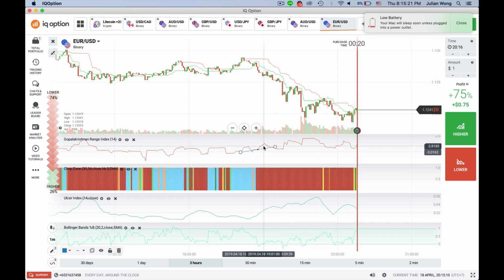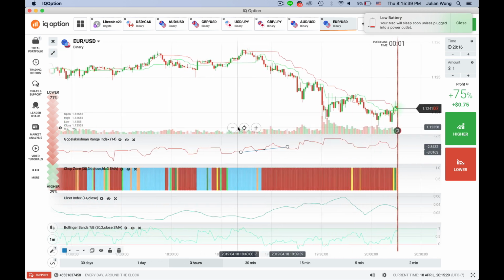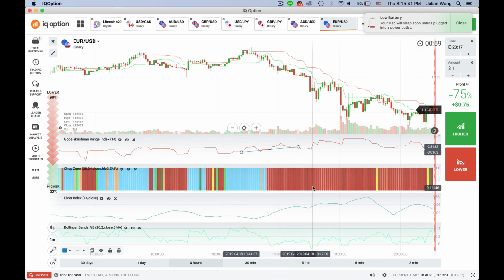So like I said, this works very well with the Chande Kroll stop, because for instance, you can have it break out of the green, break beneath the green, and at around that time, that's when this line will be above the middle line. Okay, now we're going to go on to, by the way, you don't have to use all this at the same time because it can be quite overwhelming, and the reason why I'm keeping everything on